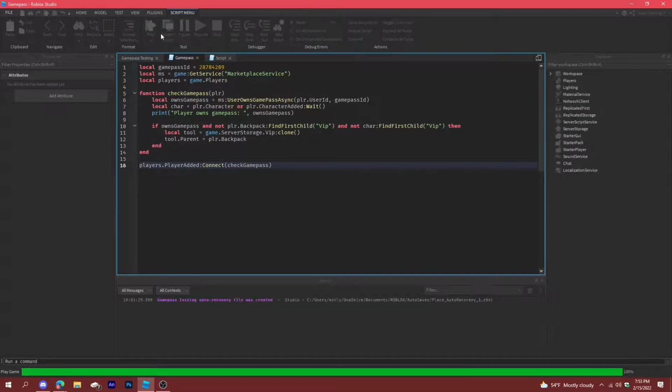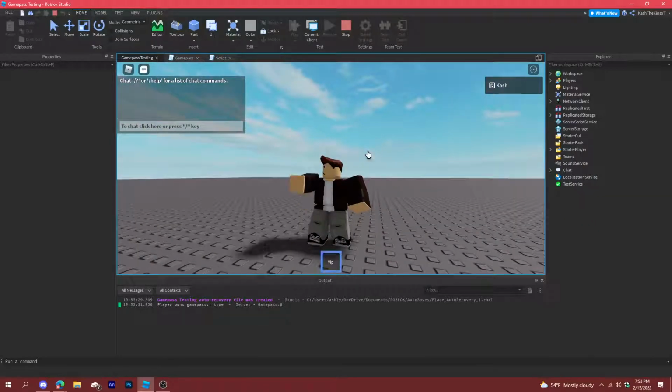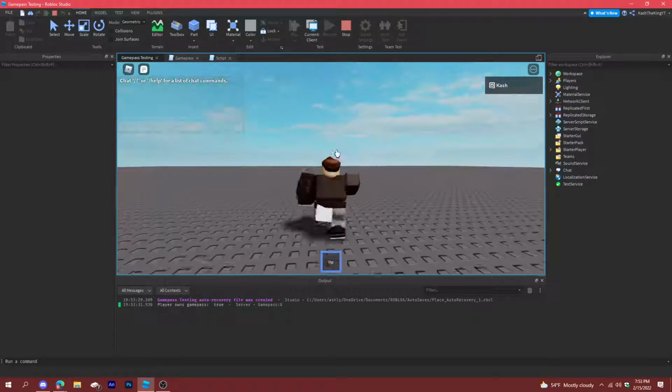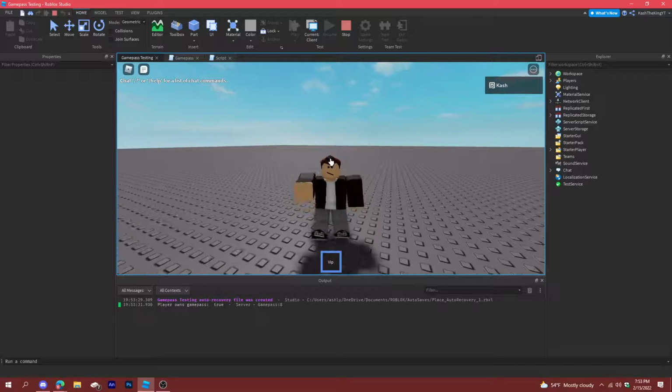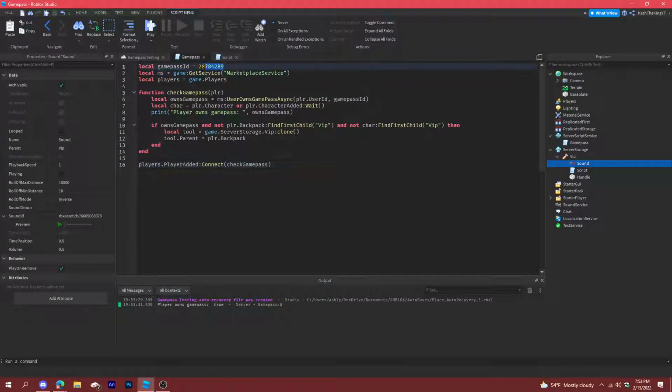Alrighty. Now, as you can see, we have the tool, and we can just play the oof as many times as we want. So that's the Game Pass right there. And if we were to change the Game Pass ID and